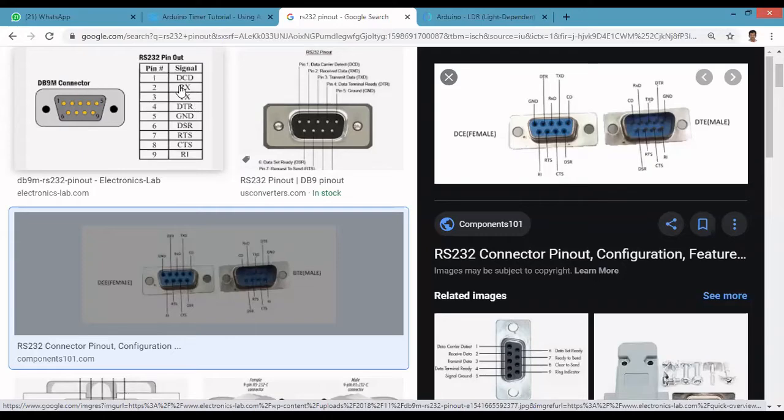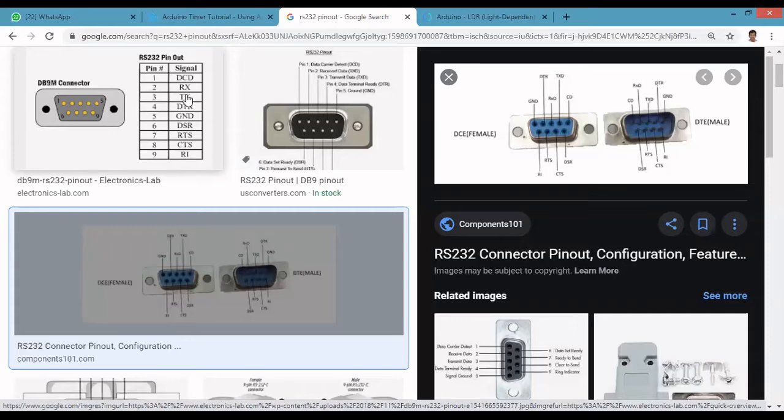Here there are various modes available. One is called simple mode, and another one is called handshaking mode. Simple mode means there is no need of the remaining 7 pins. Only the receiver and transmitter are enough, so it directly sends the data to the receiver. It will not check whether the device is ready or not. It will send only the data.